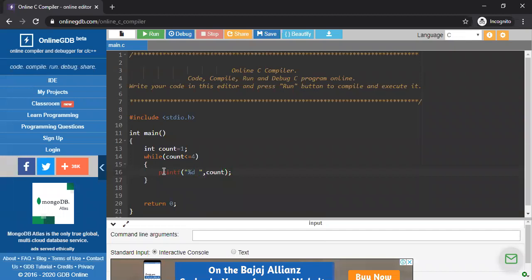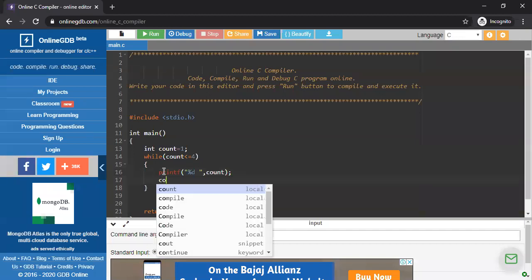Simple, I print the value of count, nothing else. I'm not using any other types of variable or value. There is one variable initialized with 1, and I'm going to write a condition that my count is less than or equal to 4, and I'm simply printing the value of that variable.